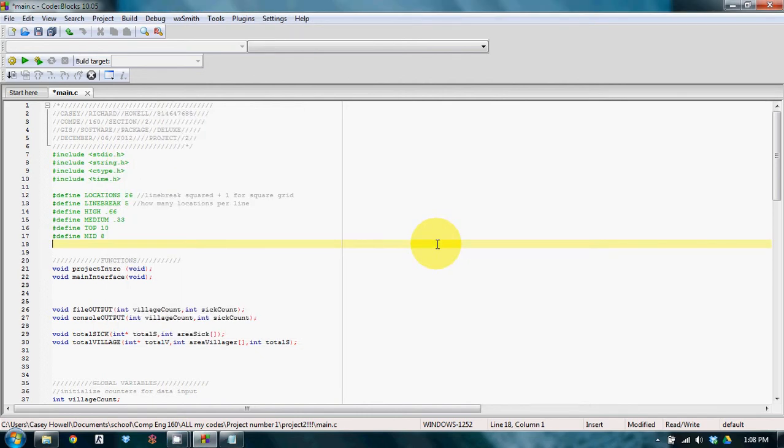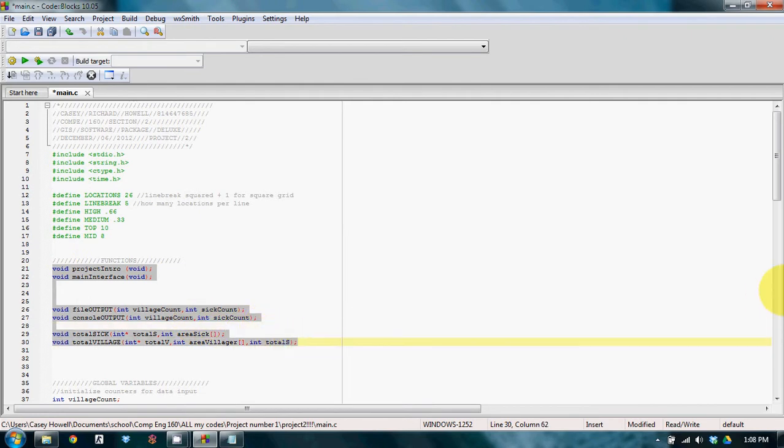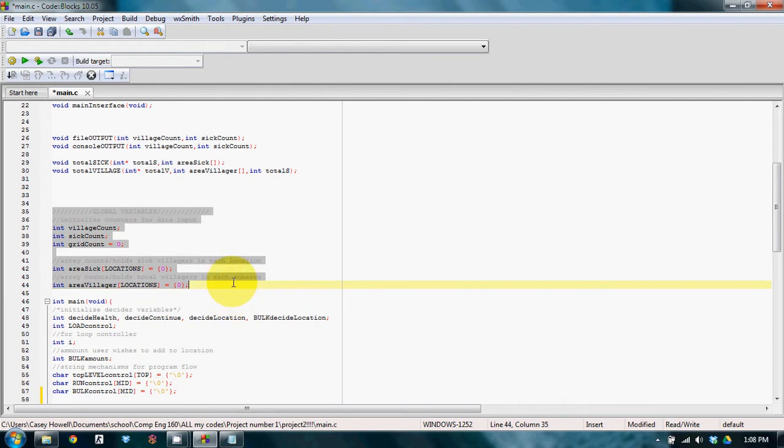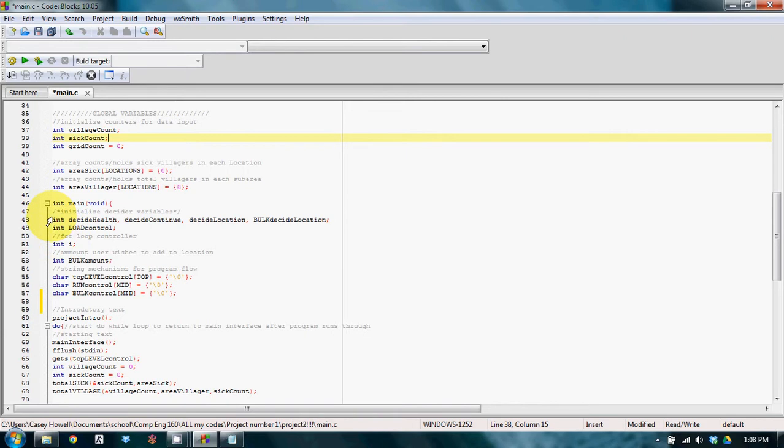Welcome to my program, GIS Software Package Deluxe. Today I'll be talking about project number 2 for Computer Engineering 160 for Ken Arnold's class in the fall 2012 semester. It starts off with 4 include files, a couple defines, 6 functions, some global variables that will be used throughout the program, and some control variables for inside the main program,